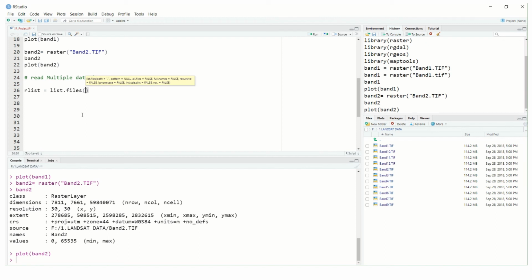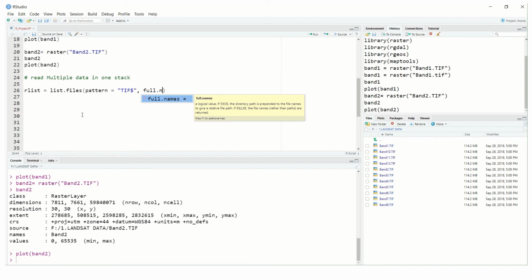So in the bracket you can write pattern. Pattern is nothing but the format. It is a TIFF format, right? So here you can just put TIFF, and then dollar, and then comma, full.names.